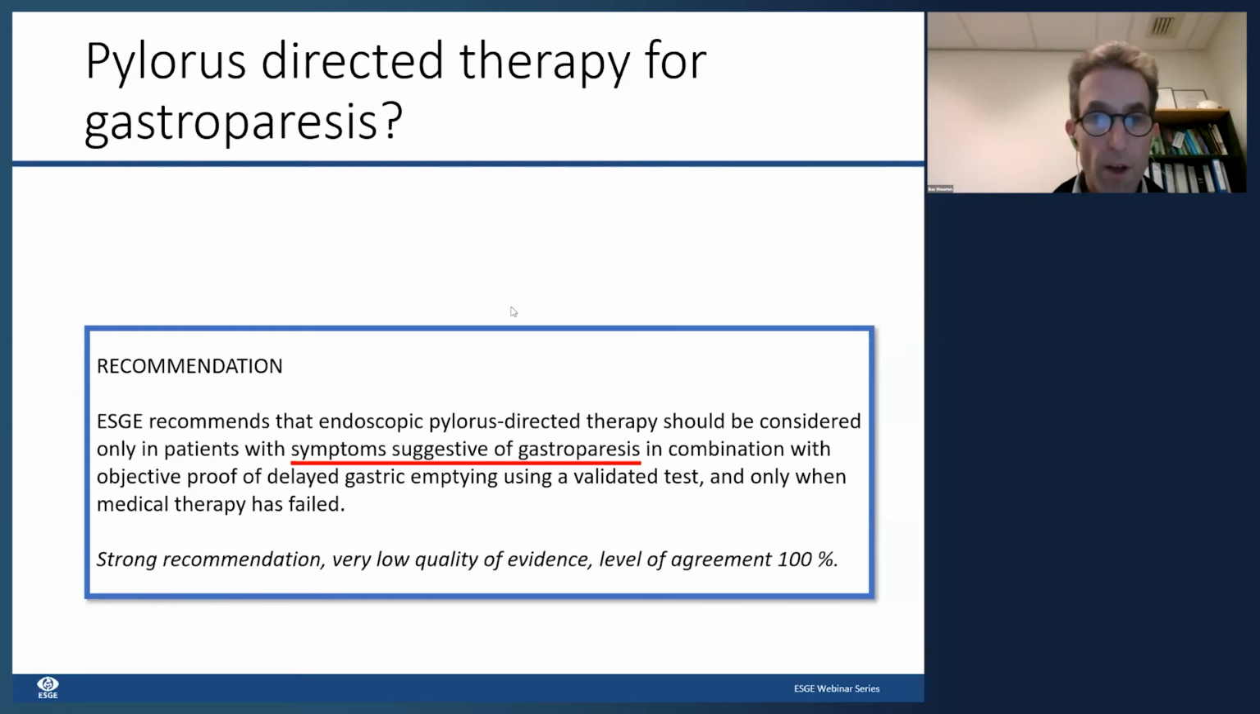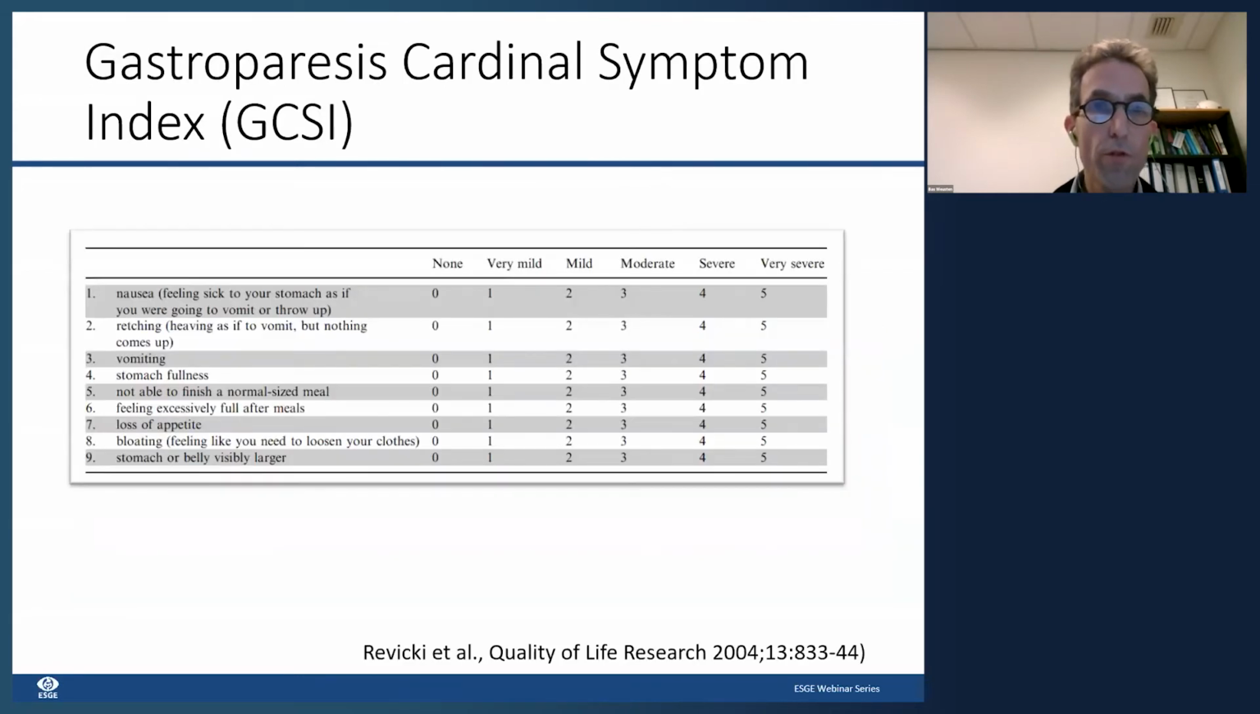Yeah, there we are. So there are three items here. Symptoms suggestive of gastroparesis, an objective proof of delayed gastric emptying using a validated test, and only after medical therapy have failed. Well, let's review it. I would like to draw your attention to the Gastroparesis Cardinal Symptom Index, which is a